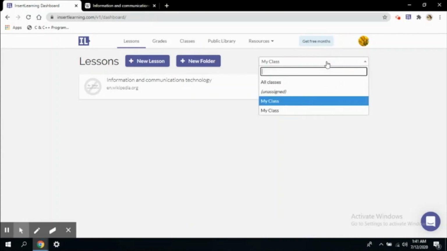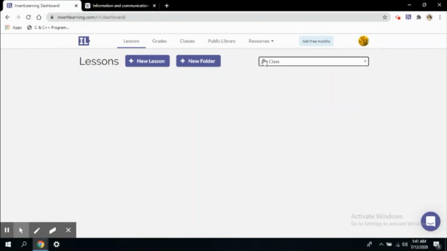Here I can see some classes, which classes are available. So I can see my class here, and I select another class. This other class does not have any lesson, so that's why it's showing blank. All right, so before moving on to these options, let's get back to